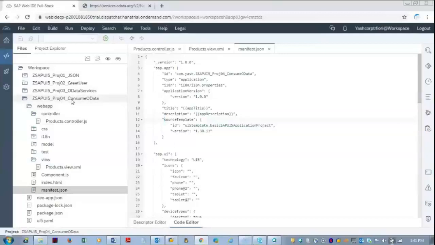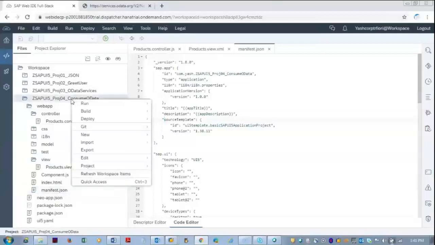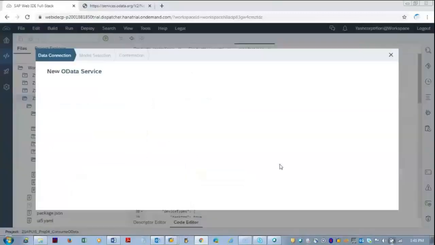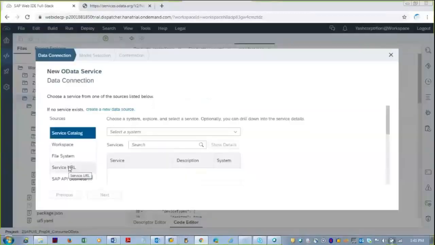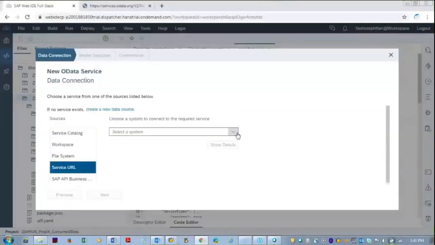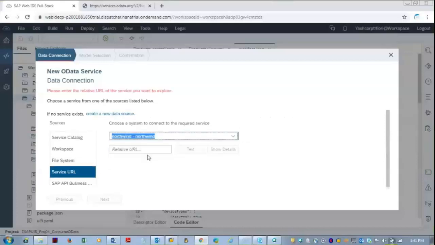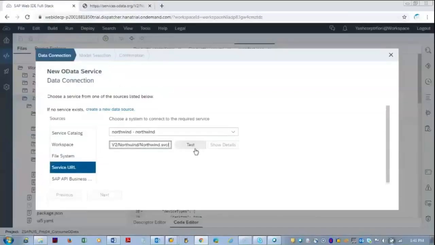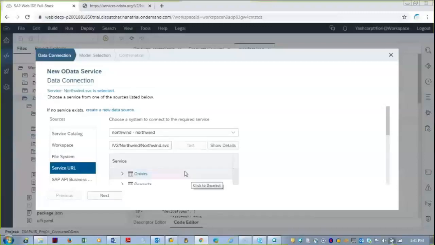To consume any OData services, right click on the application, new OData service. On the left side, service URL. In the drop down, I'm selecting Northwind, and the related URL I'm going to select from /v2. Click on the test button, and we are going to see all the entity sets below.